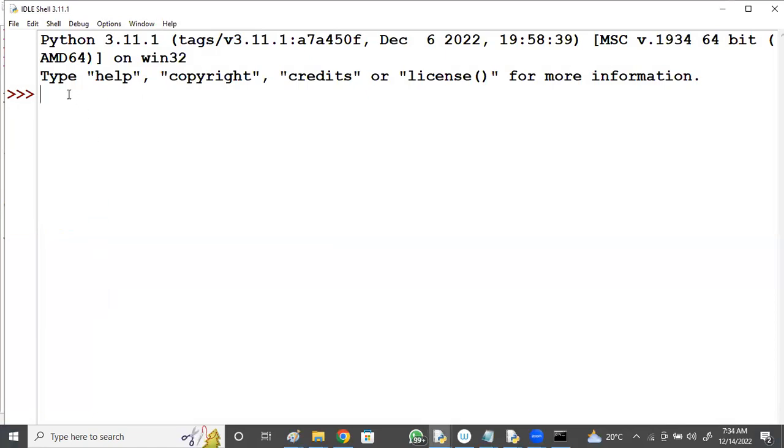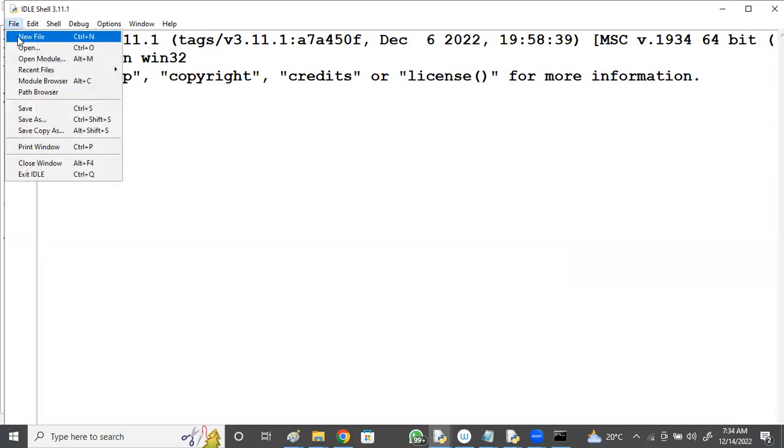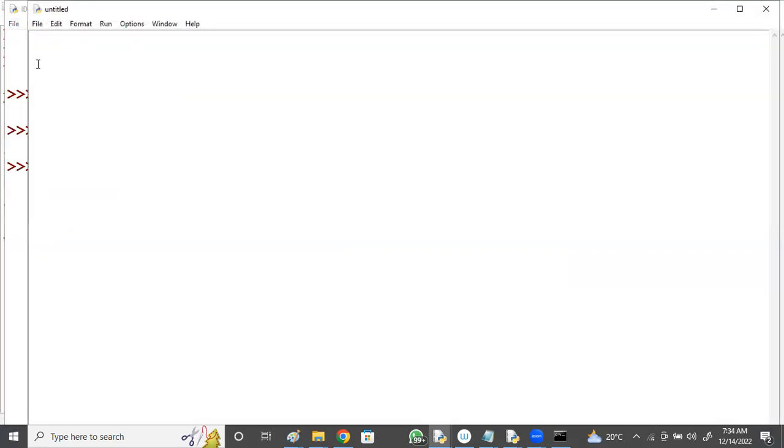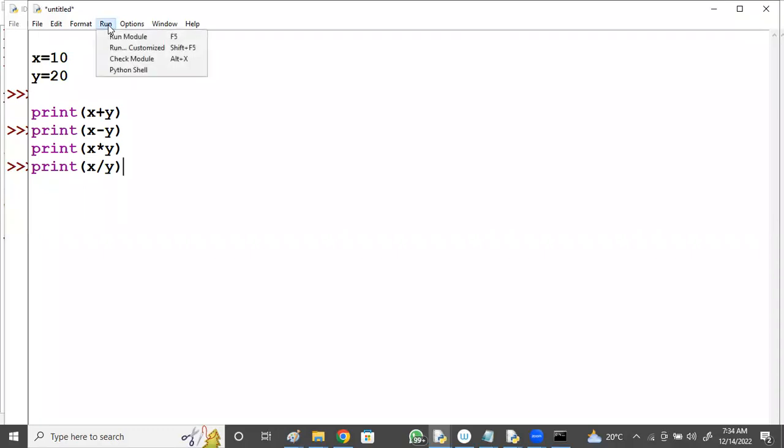Yes, this is how the Python shell gets opened. First, you will get interactive mode, where you can interact with Python. Any valid Python statements you can type and interact. But I want to work with batch mode. Say File, New File. Here you can write your code, and there is a Run option available.